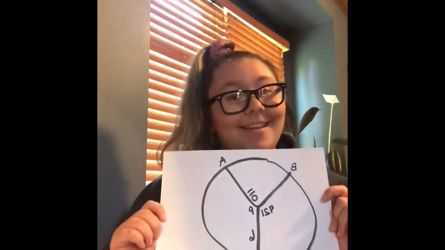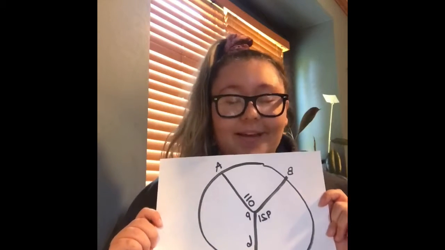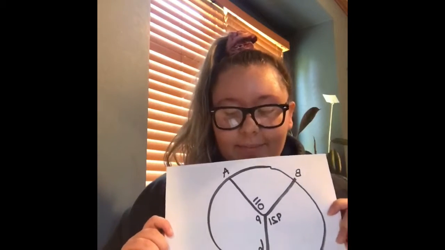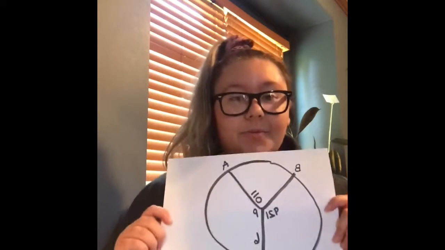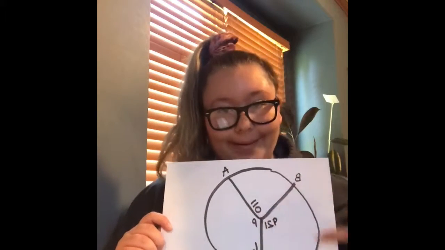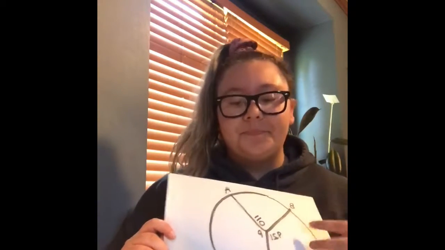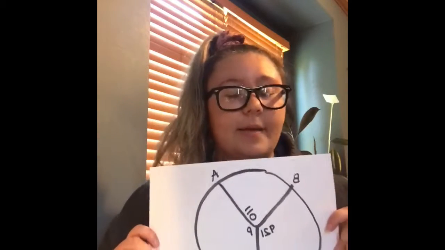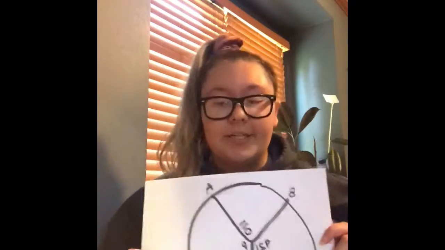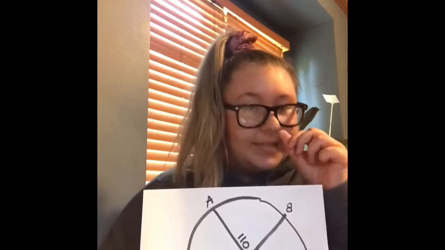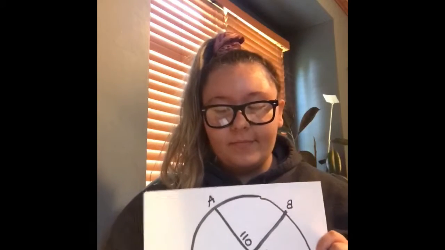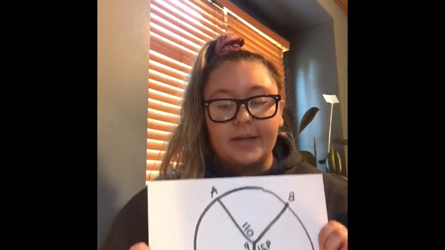The measure of the arc is equal to the measure of the central angle that intercepts it. The measures of AB and BC add up to the measure of ABC, and that's what we're trying to find, from A, B to C. So first we would have to add 110 plus 129, and that would equal 240. Finally, you can set up a proportion to solve this problem, and that would be the arc length divided by 12 pi equals 240 over 360. The arc length would be 240 times